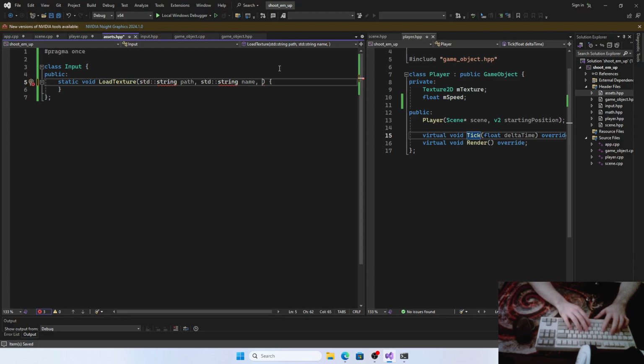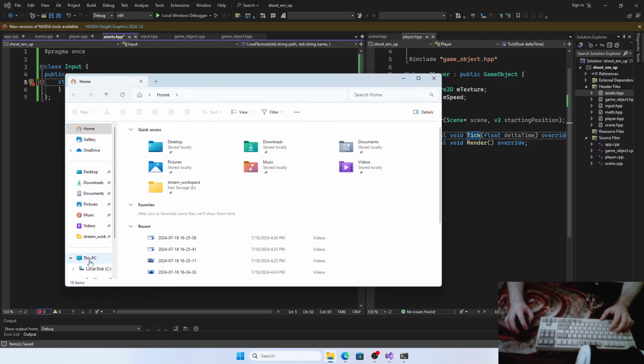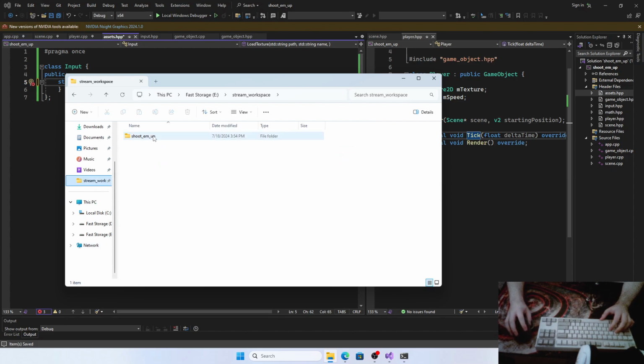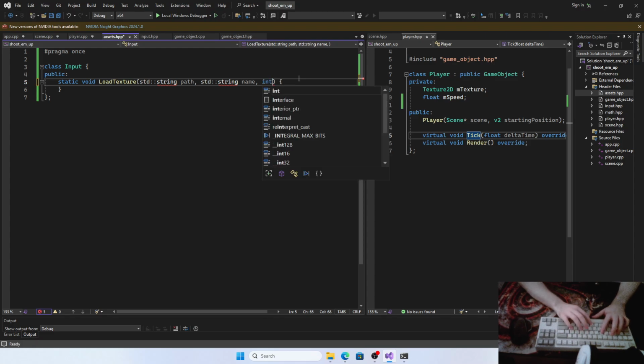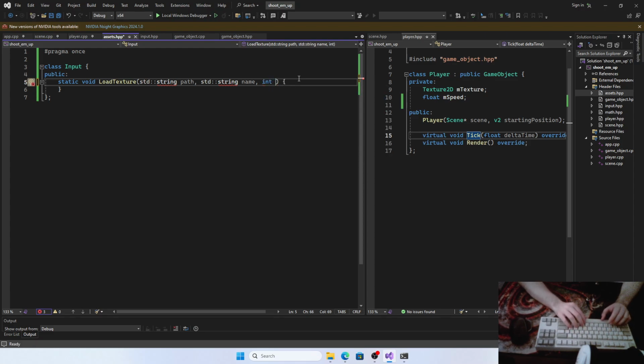Additionally, we might want to pass in, for example, in the shoot 'em up texture pack, if we go in the player stuff, we see that they actually have 3 textures in here. So we want to give a name for each of these textures. So we have to specify the starting position and the size of them if we have multiple textures in one texture. So we can specify these in here,